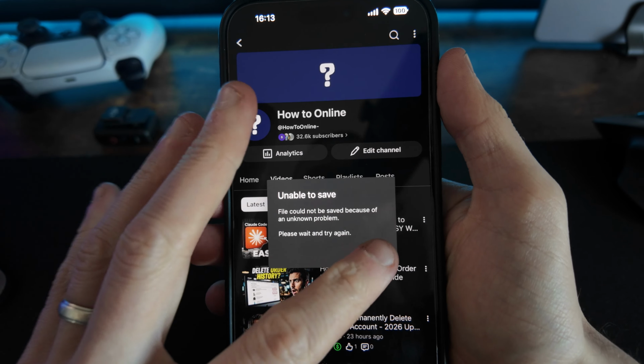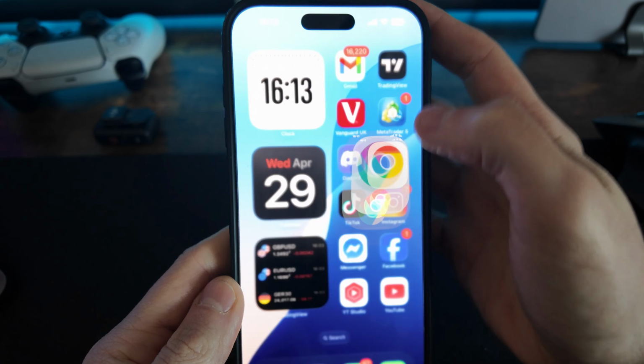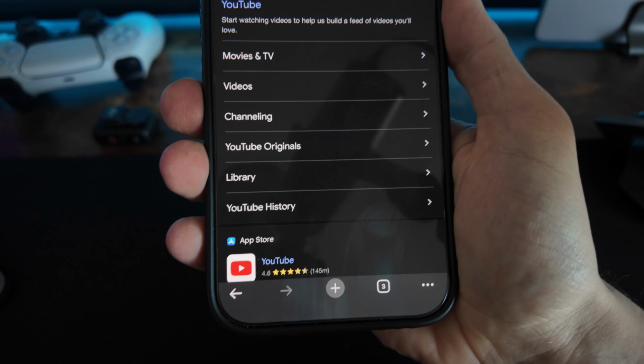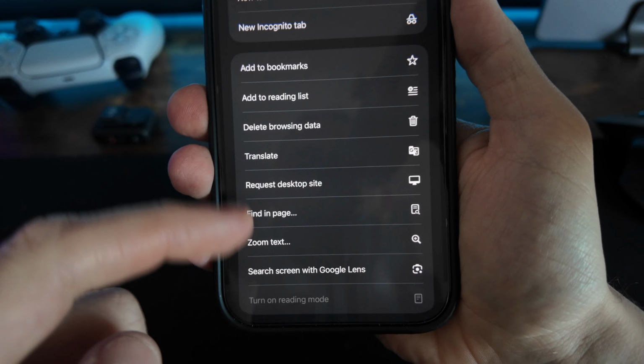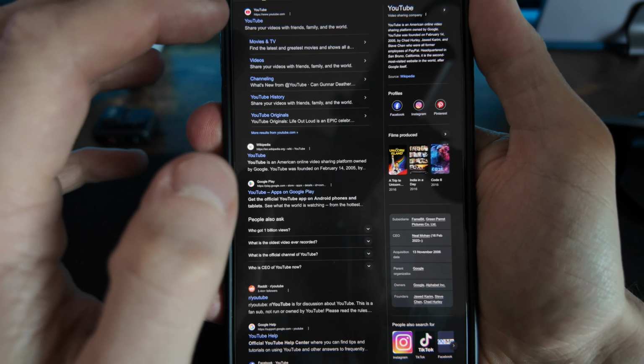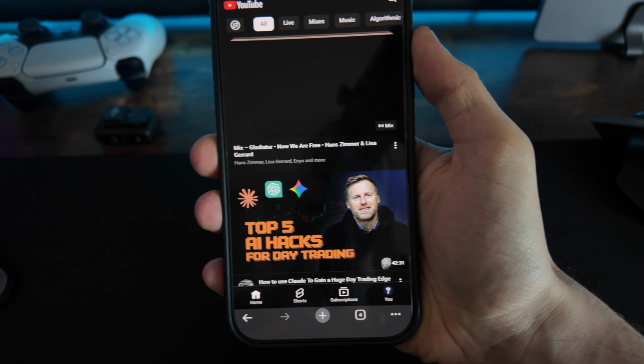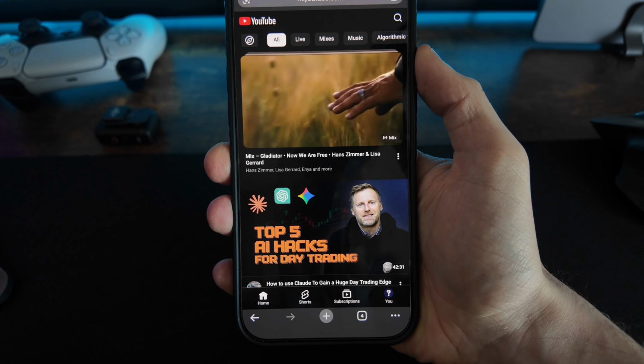So what we need to do to fix this is we will need to go back and then we need to go over now to Google Chrome. Once we head over to Google Chrome, if we go down to the bottom here, and then we go down and select request desktop site, and you can do this on Android as well, and you want to make sure that you open this in a new tab. And once we have opened this in a new tab and it doesn't open up the app, what we can